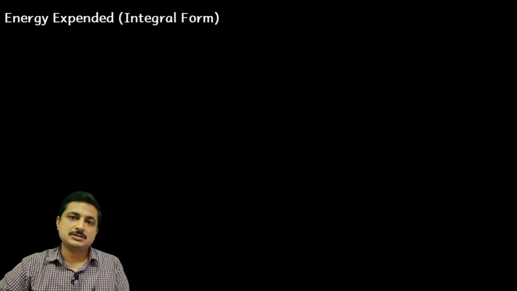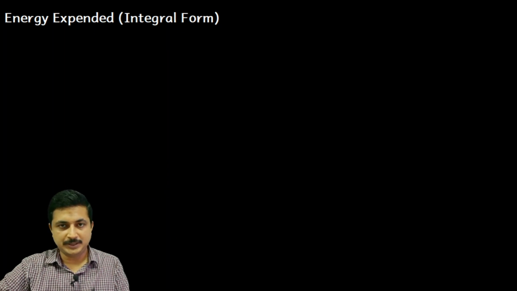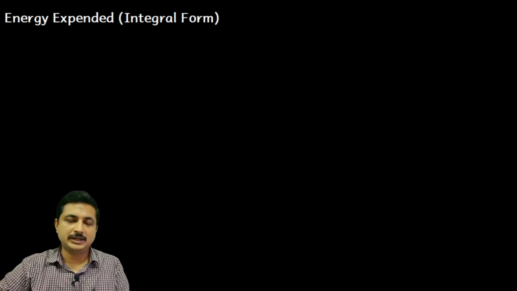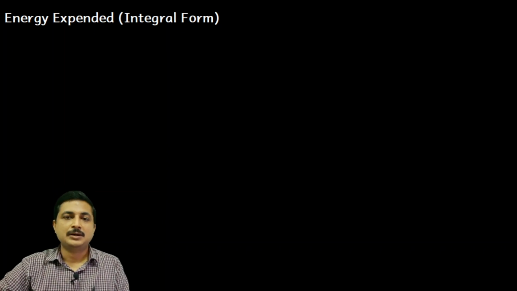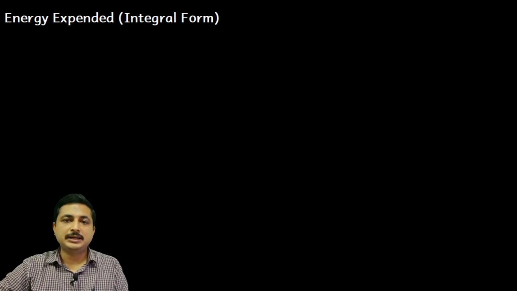Theoretically, all the concepts remain the same. What is the work done, or what is the energy expended, in pushing that charge in the direction of the electric field or the opposite direction, where we get the maximum, why it is negative, when it is positive. All these discussions from the previous video on the differential form of energy expended remain the same. So, here we are just trying to mathematically express energy expended in integral form. Is that fine?